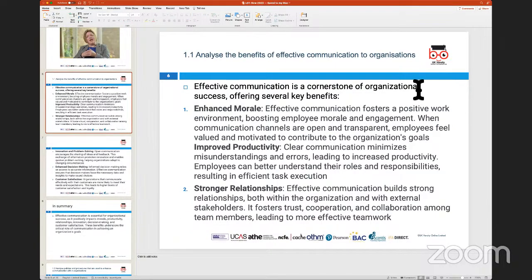Now, let's look at discussing assessment criteria 1.1. It talks about analyzing the benefits of effective communication. If you just put on a thinking hat for now and think, if you are working within an organization and you have a couple of colleagues who work with you in the same department or function, why would you think that communication plays an important part, and how would you feel that you are aware of most of the things happening in the organization because there is a common understanding on how things work?